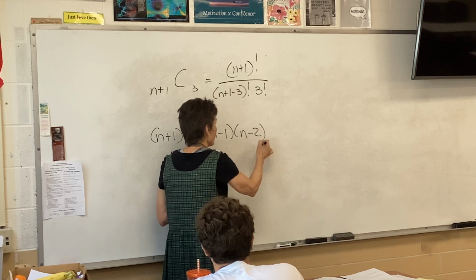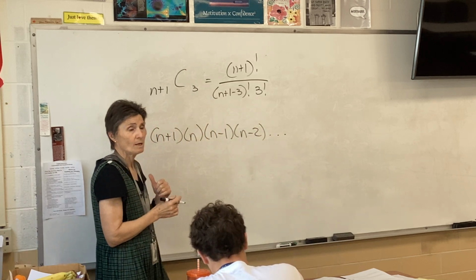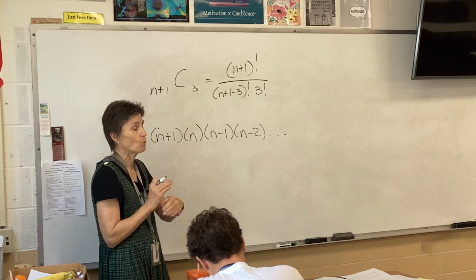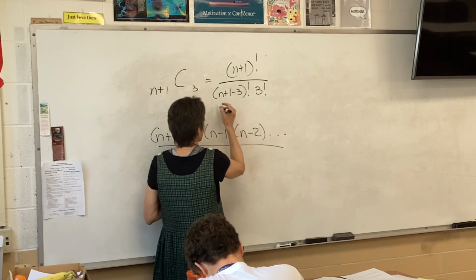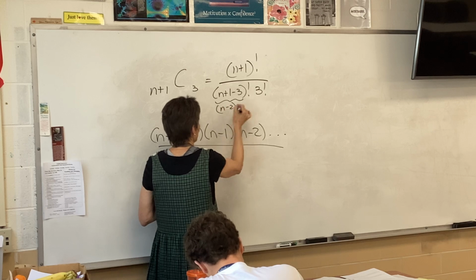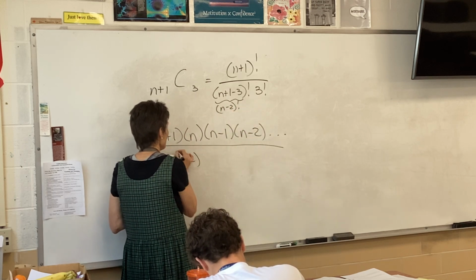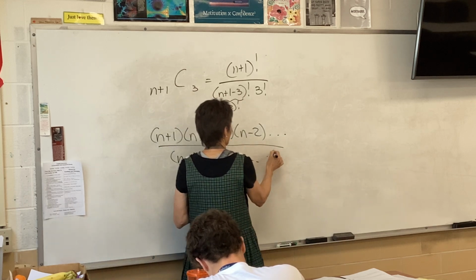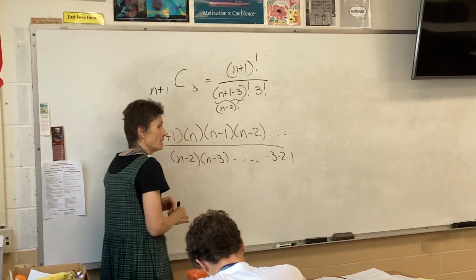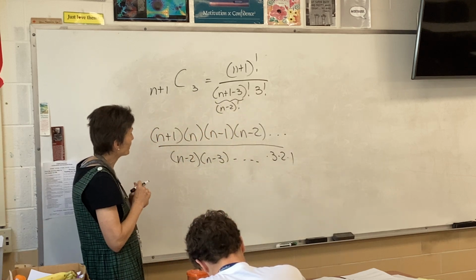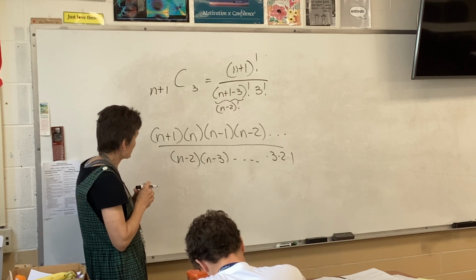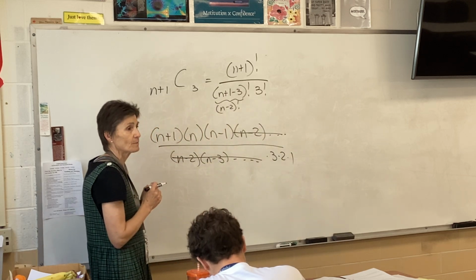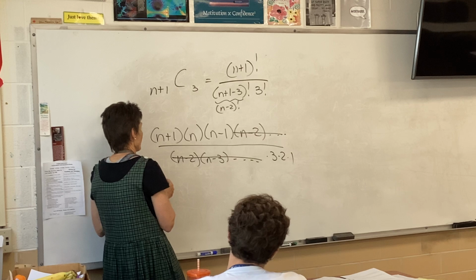Kids, when you do factorials, the numbers go down. You're subtracting 7, 6, 5, 4. This simplifies to N minus 2 factorial, which is N minus 2, N minus 3, and so on. And then 3 factorial is 3 times 2 times 1. So what's going to happen when you look at what's on the top and what's on the bottom? Everything from the N minus 2 on is going to cancel. And we're left with,